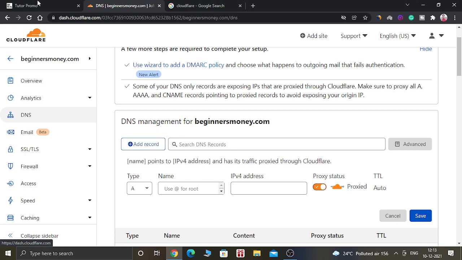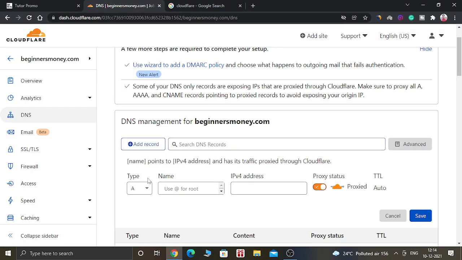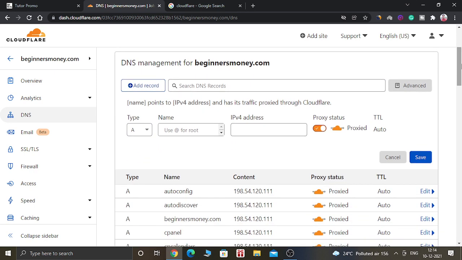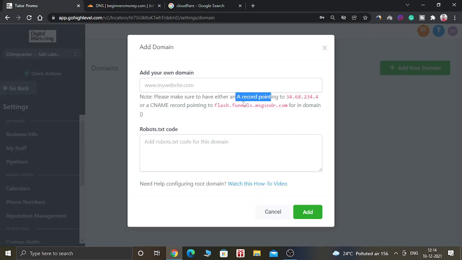Now go back to the Go High Level dashboard. Here it says you have to create an A record. As you can see, the type says A. There are tons of other record types, but we are going to create an A record.